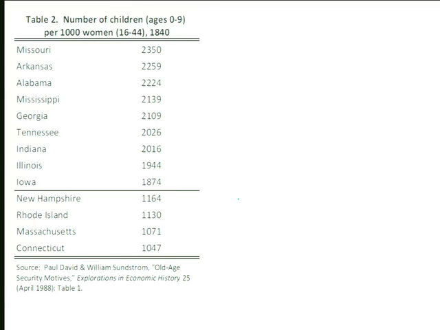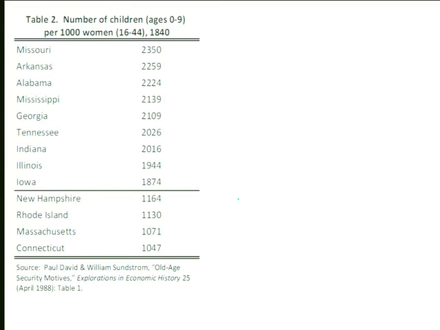cousin or your nephew or whatever. And so from that census data, economic historians and historical demographers, which are sometimes overlapping groups of people, are able to construct what's called the child-woman ratio. And so this is what David and Sundstrom use, this child-woman ratio. And the child-woman ratio takes from the census data the number of children ages 0 to 9 and divides it by the number of women who are ages 16 to 44. And that gives a measure of fertility.